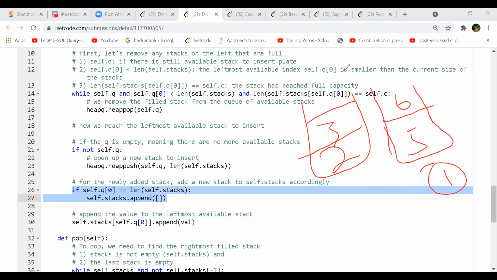One is when you push, because it's a fresh stack. Okay, so you can push that index, or when you pop it at an index. So when you are reducing the capacity, in this case you have 5 6 also, then you remove 6. So you know that this is a candidate to be pushed in the heap now, right? So it's only two places you are going to push that, and the heap takes care of it.